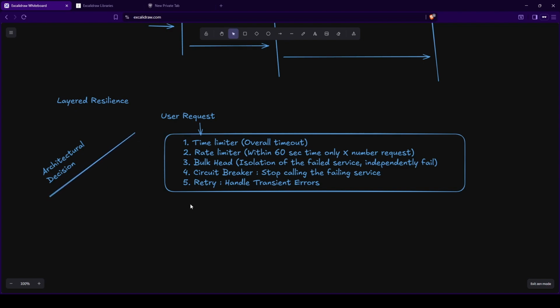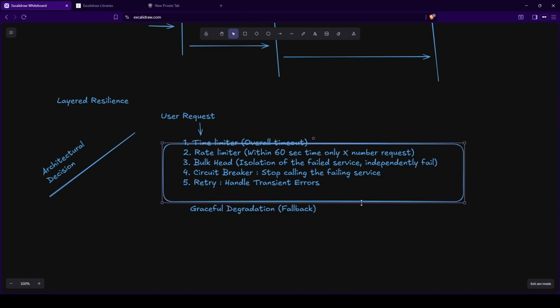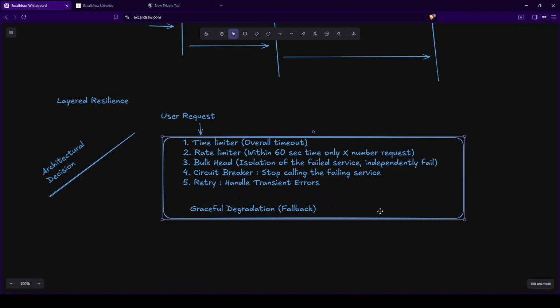And there is something called graceful degradation: in case my system is not working properly, the way I degrade my performance, or the way I respond back to the user, is such that I'm not going to lose my customer then and there. Okay, so graceful degradation, or a kind of fallback, we also have to support. All these things come under our architectural decisions, and these decisions are the core of the microservices